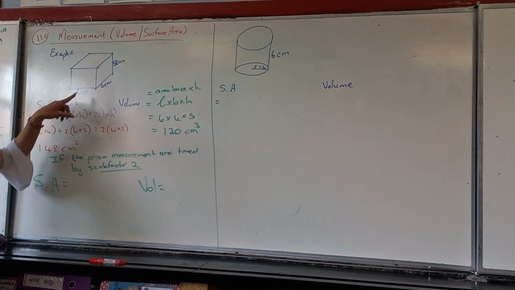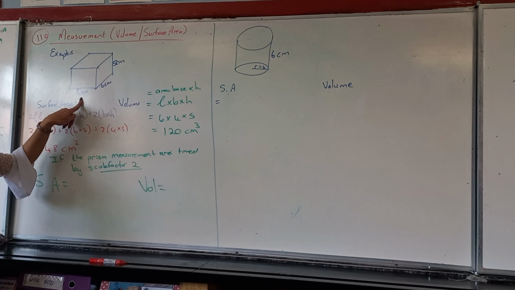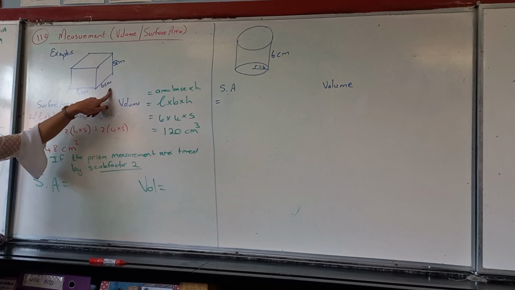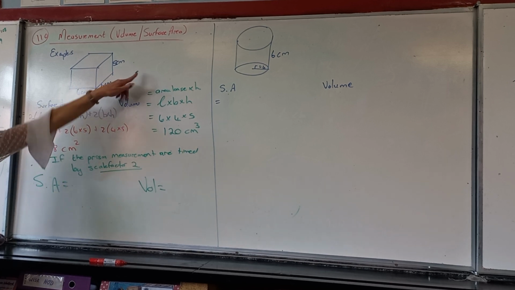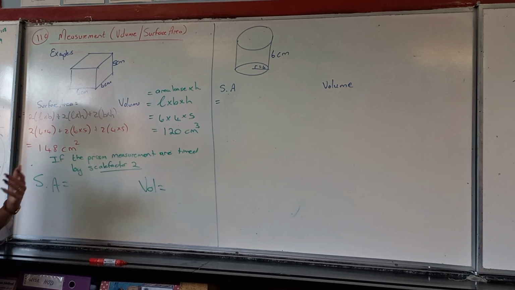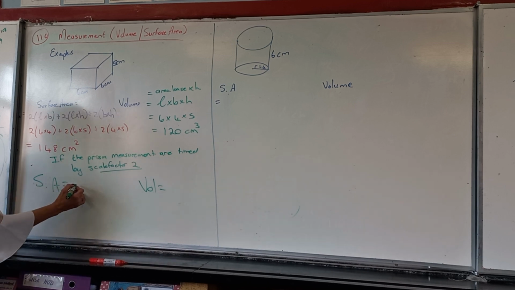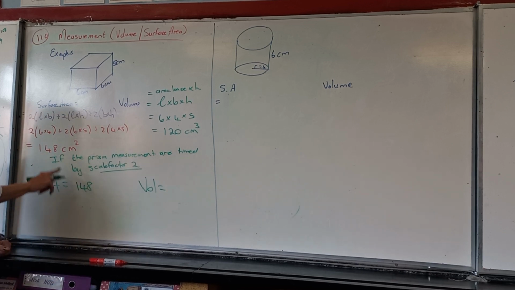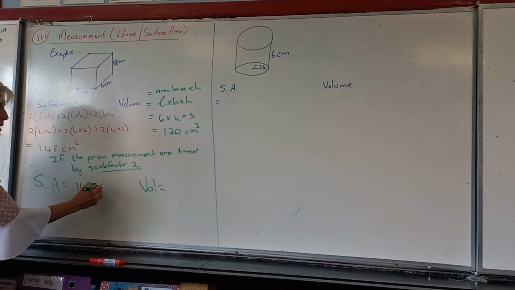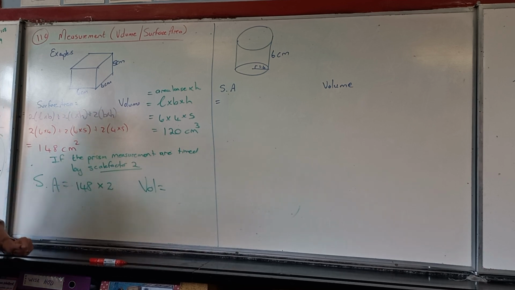What does it mean if I have to go sketch this thing? This will be 12, 8, 10. So do I do the whole sum just over again? Well, you can. You're wasting a little bit of time, but that's also true. I want to teach you that if you do that, you can just say the original answer was 148, then you can just time it by scale factor 2. No, that's not true. You must time it by scale factor 2